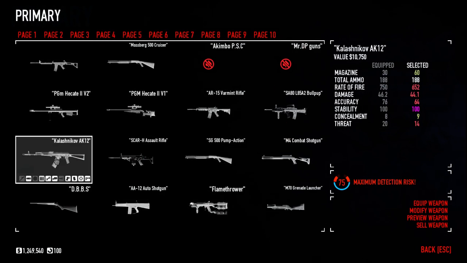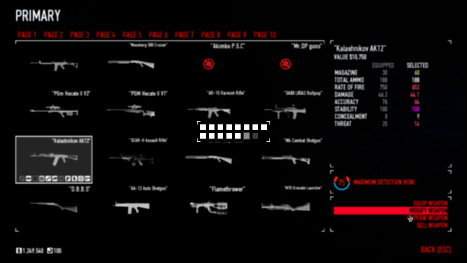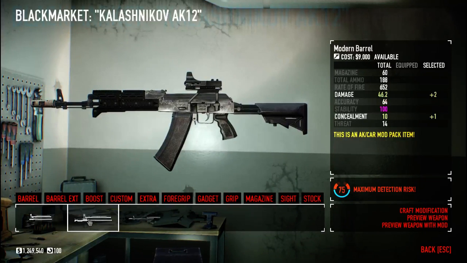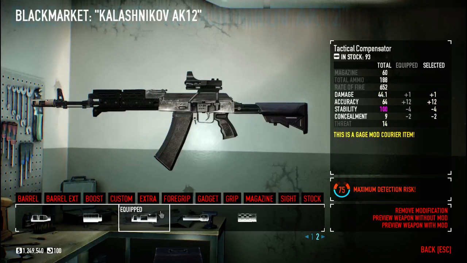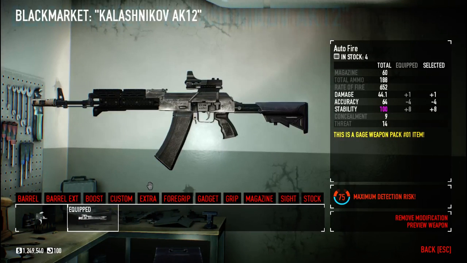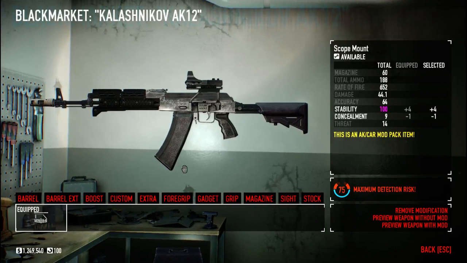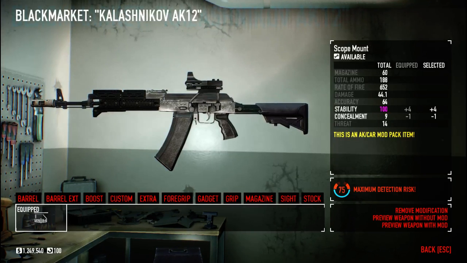Next we're going to go into, I'm not even going to try to pronounce this because it just seems way too complicated. So it's just the AK-12. And I try to recreate this as much as I can to the actual gun in-game. So I didn't go with any barrels because I don't remember any. For the barrel extension, I went with the tactical compensator because I think that's the one, or I just use that anyways. Auto fire because I'm pretty sure you can't do a single fire with it, but I'm not entirely sure. I went with the scope mount, just not for more stability, but because the gun sight is actually here,